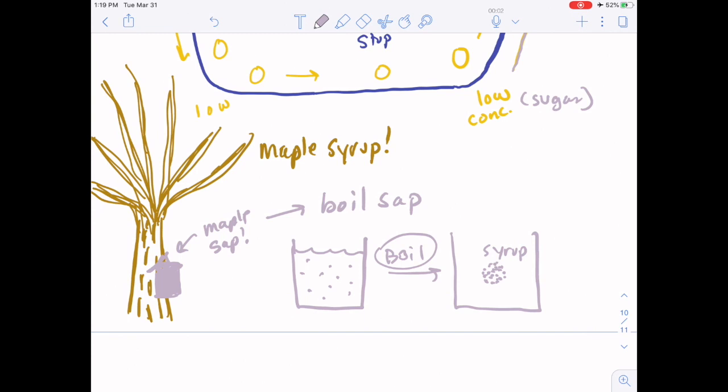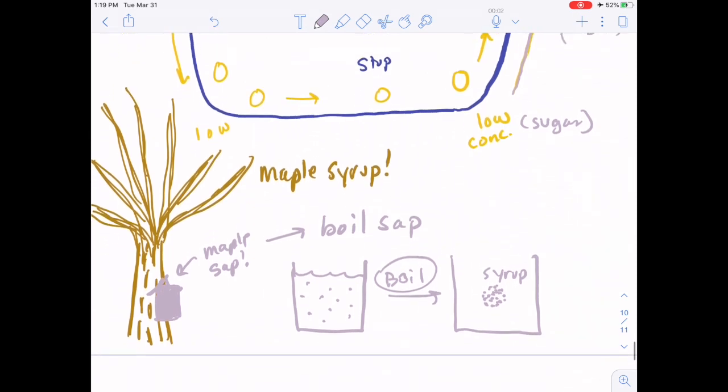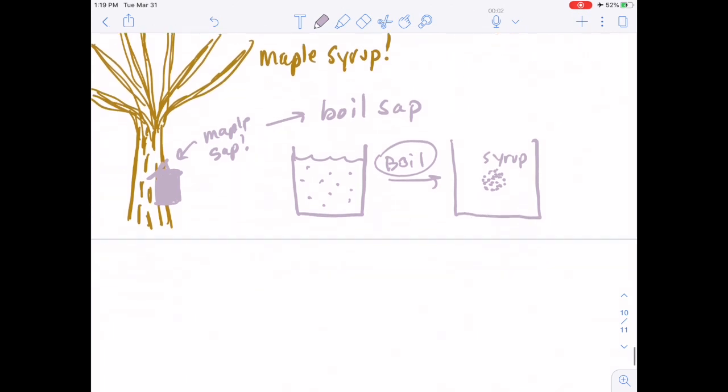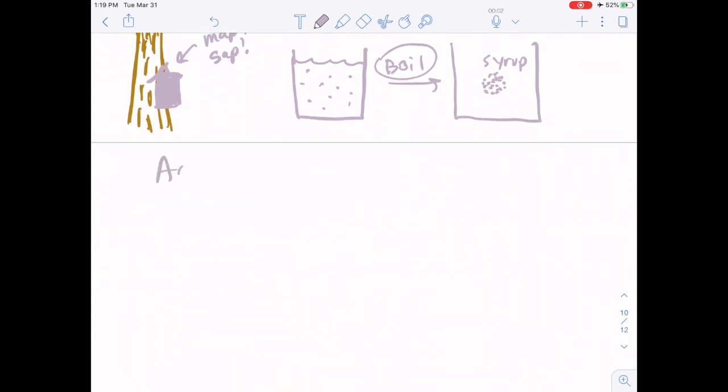You can also do reverse osmosis, but that takes a lot of electrical energy to run a reverse osmosis operation too. But making maple syrup, that's like going uphill. It's going up a concentration gradient. That is not passive movement. That is active transport. Active transport in the cell. It takes energy